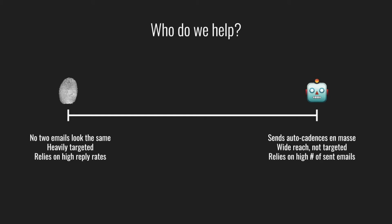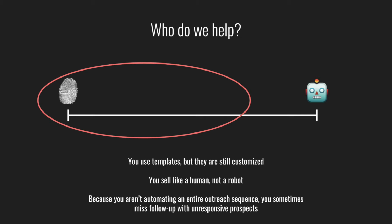And on the other side of the spectrum is the sales rep that's essentially a robot. They're buying lists, scraping emails online, and sending cadences, and it's all automated with touch one, touch two, touch three, touch four. They're going extremely wide, not particular in their outreach. To be successful, they're relying on a high number of sent emails because they have such a low response rate. So who we help in this equation is mid to left side of the field when it comes to